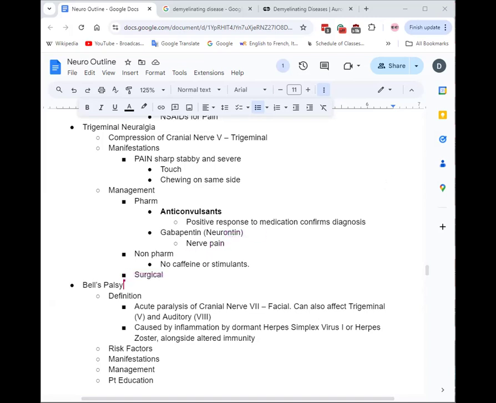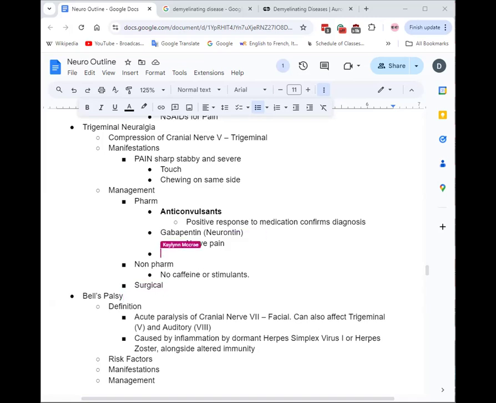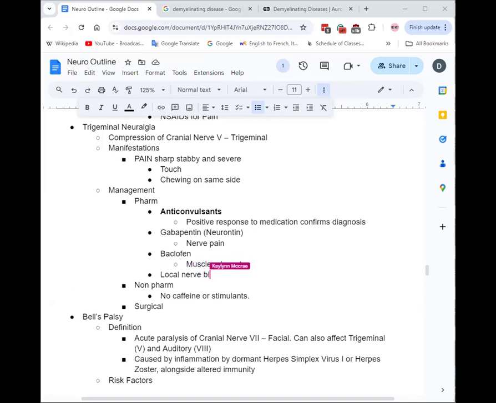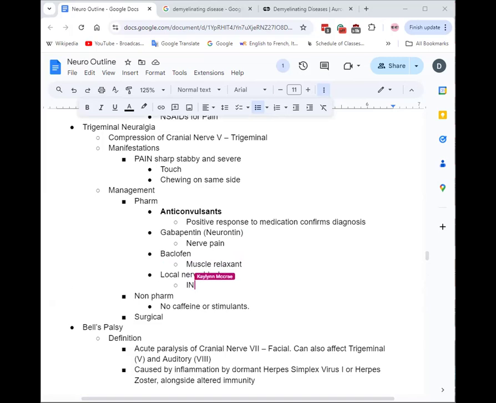Okay, cool. The last one is kind of a random one, so I'll just talk about that. That's your baclofen. It's a muscle relaxant. So because we have facial spasming and pain, if you give baclofen, a lot of times it helps with your muscle spasms. So it helps calm it down a little bit, helps with the pain alongside of that. You could also just do like a local nerve blocker. So maybe like an injection of lidocaine, I think was the one that they told you guys. Oh, they didn't even tell you guys one. But yeah, so some kind of local nerve blocker into the face to help numb it.